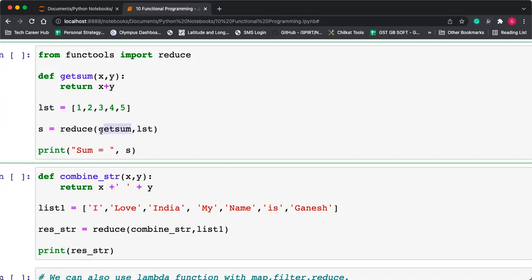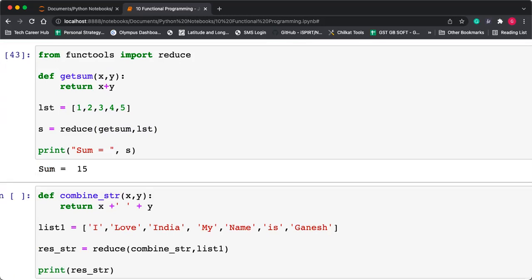तो get sum क्या करेगा? Get sum, if it is receiving the 2 argument, it will take the 2 argument. If it is receiving the 3 argument, it will read the first 3 argument. Okay, इसका जो भी ऑपरेशन होगा, जो भी रिजल्ट आएगा, it will be added with the next number. Getting that? Let's see what is the output. The output is 15. Are you getting this? Okay, लेकिन अगर मल्टीप्लीकेशन करना है तो you can use the x into y.